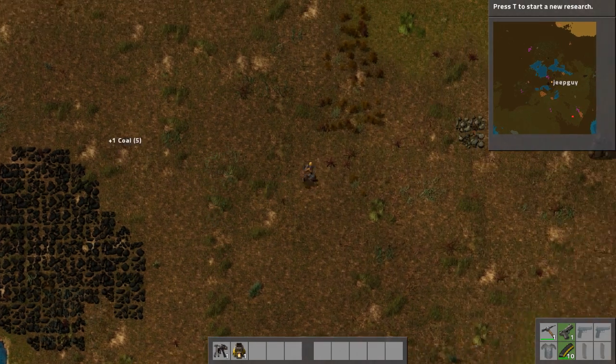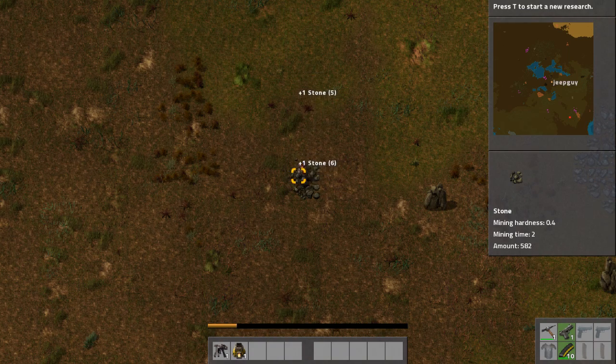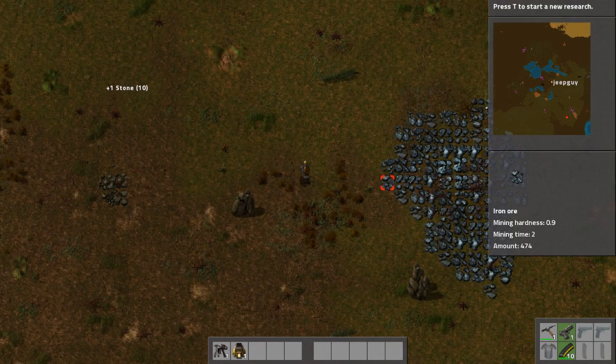Alright, that's at least a start. I'm going to mine a little stone here, and I'll explain why in a second. I'll probably just go ahead and mine about 10. Okay, so